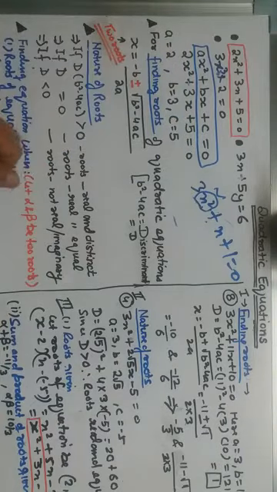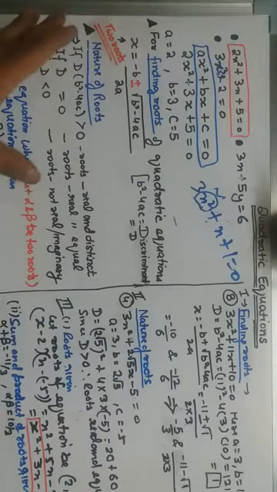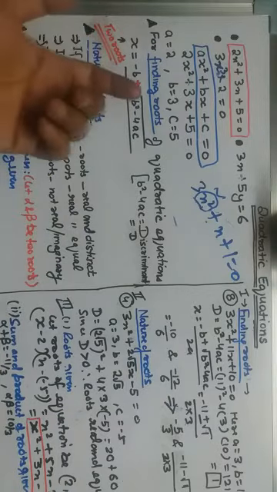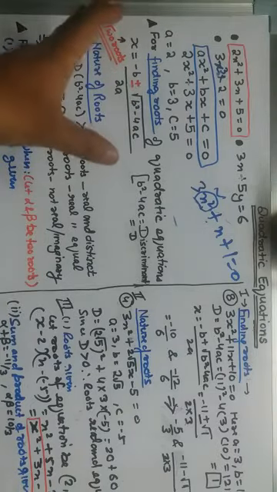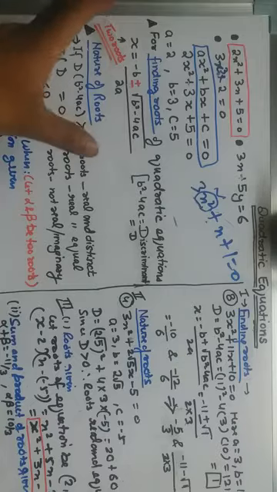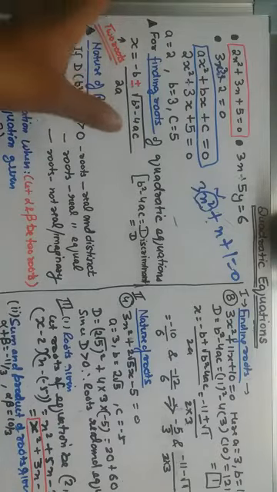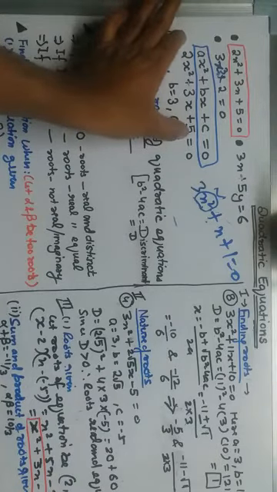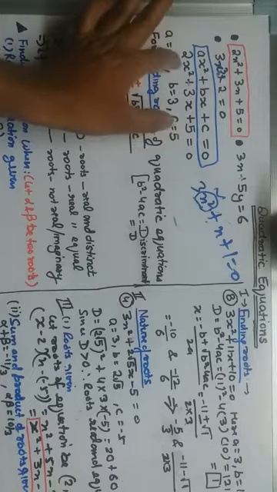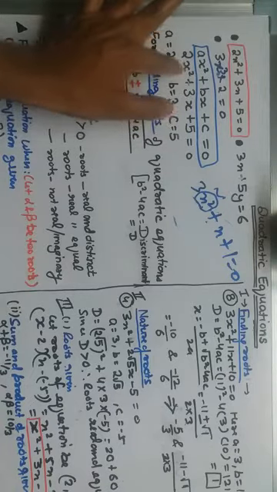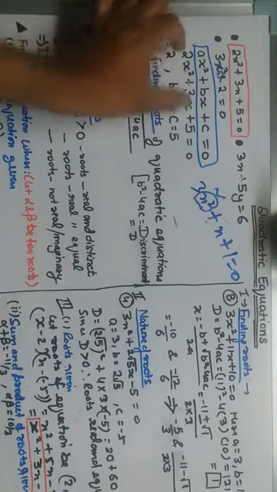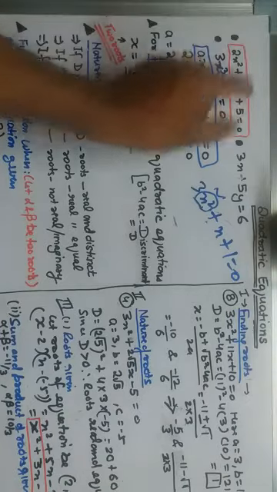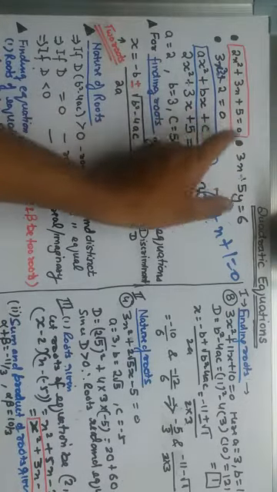What are roots? Roots are the values of x in any equation. Suppose we are solving a quadratic equation and getting values of x. Those values are called the roots of the equation. Roots are nothing else, just the values of x. Suppose we factorize and we get two values of x. Why two values? Because whatever is the greatest power of x, that many values we will get from the equation. In the x cube case, we will get three values. If we have only a single power, we get one value of x.